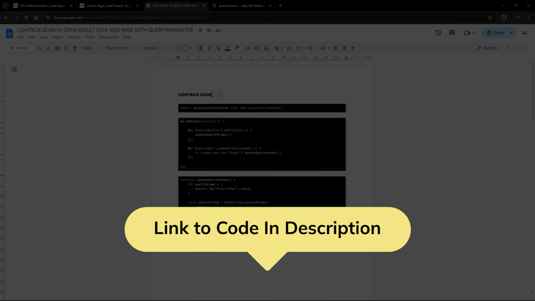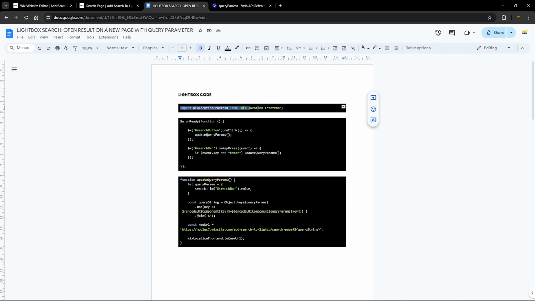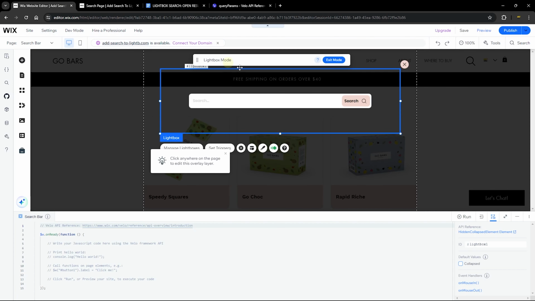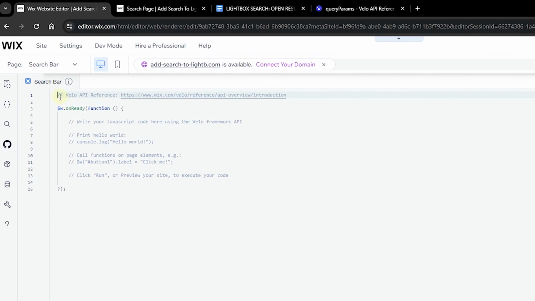Now the very first thing we need to do is to import our Wix location, which is the library that contains the query parameter. So let's go ahead and copy this library and head back to our Lightbox page. Make sure your Lightbox is opened, and let's go ahead and maximize this section. So right at the top,